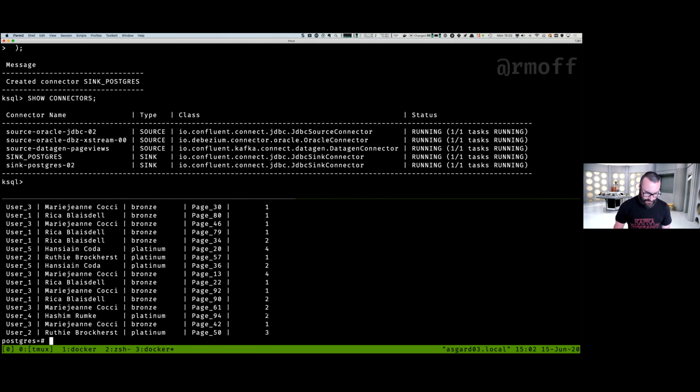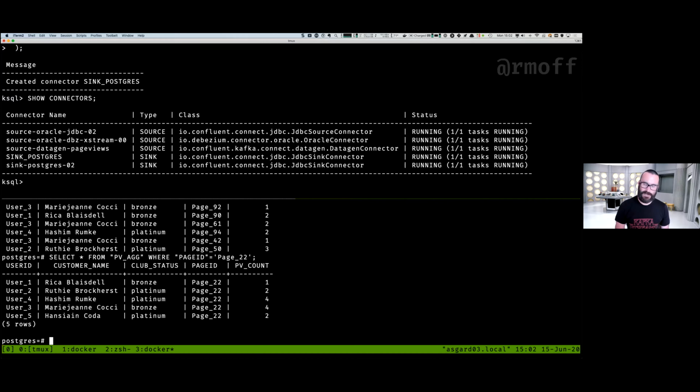If I filter that down, I don't know if we're actually going to get it to show data. It depends on the rate at which the data is arriving in the source system. But if I keep on querying that, you can see those values are going to change if I refresh it enough times, or if we get bored. Well, we've got bored, but it's updating it in place. It's doing an upsert based on this composite of the user ID and the page ID. So let's try it once more for luck, and it's still not. So we've got new data arriving. It's updating that aggregation. We've just not had any rows arriving for page 22. We'll come back to that at the end, maybe.